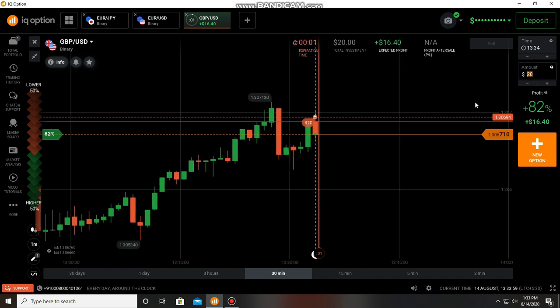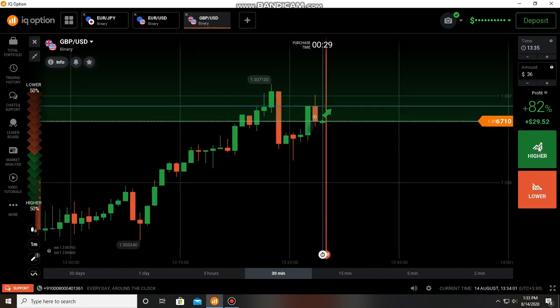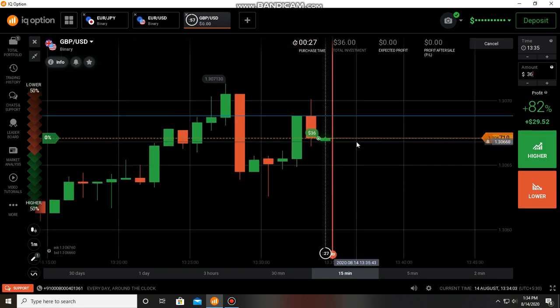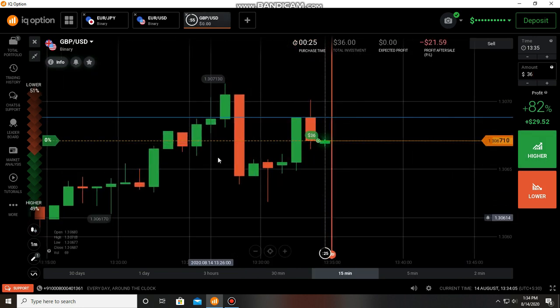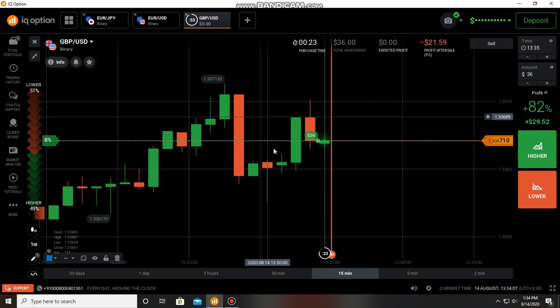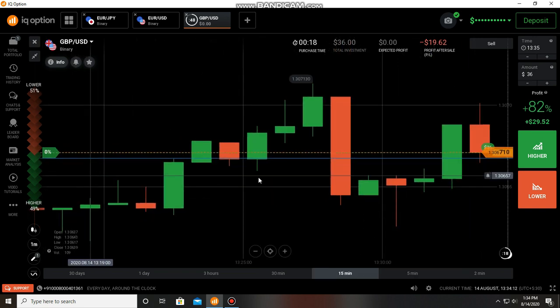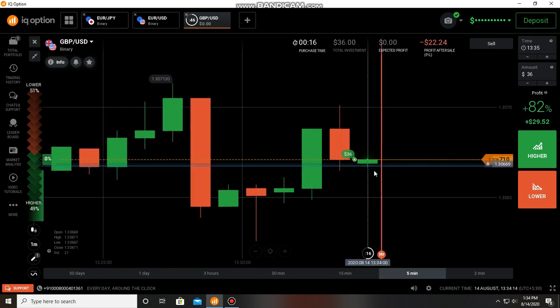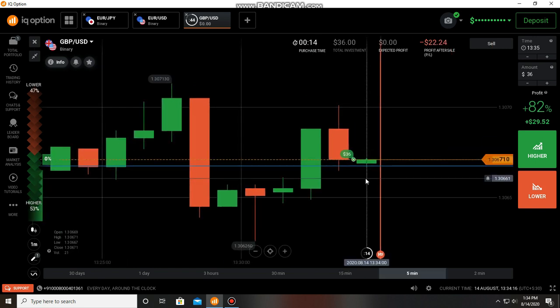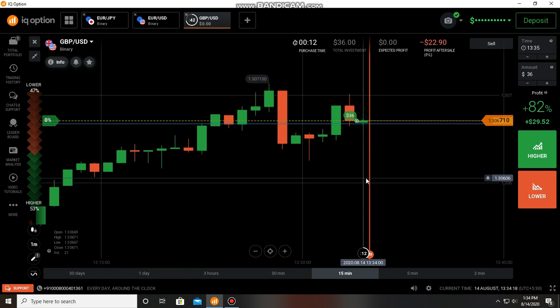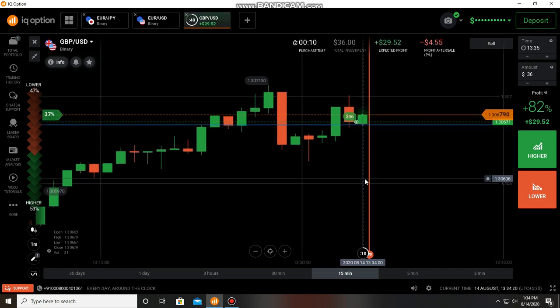After this we can go to the buyers. Okay, I'm going to place a call option. I'm just doing some compounding trade with $20. I placed a call option because here also we can see some level. It's working here. It will definitely work here because I saw some rejections in the previous bearish candle. That's why I placed here a call option.